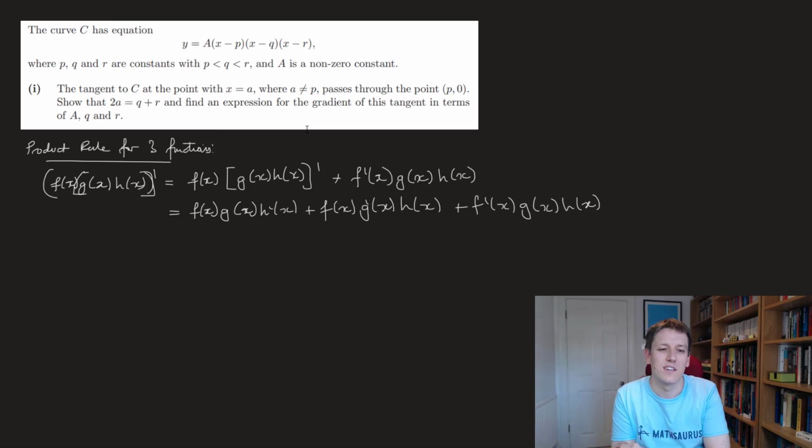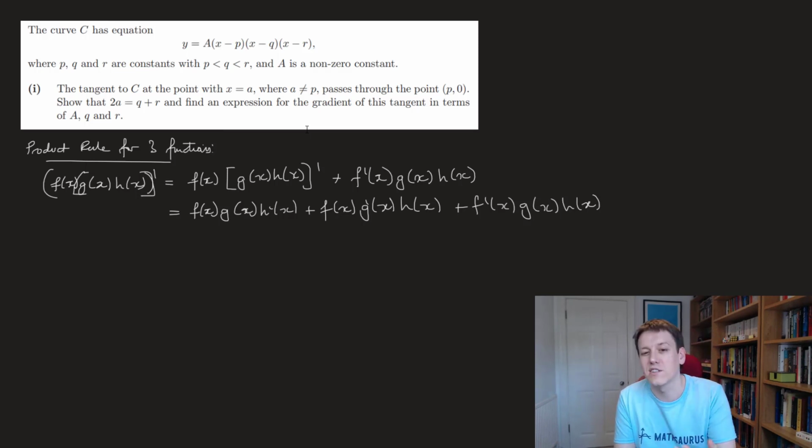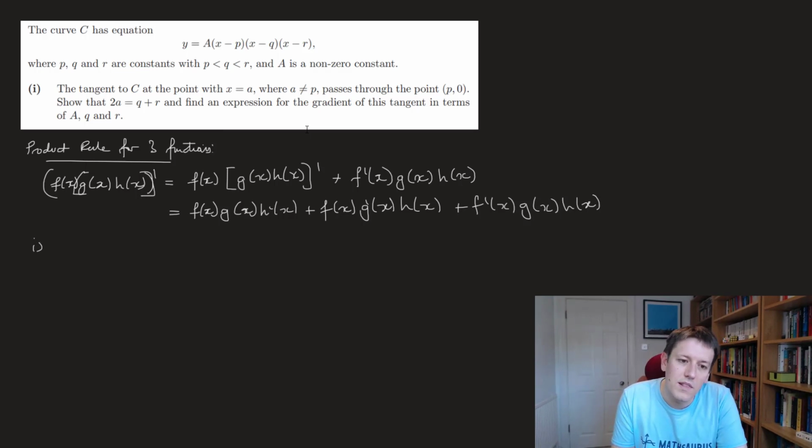And you see that this generalized product rule for 3 functions just says, okay, it's kind of easy to remember once you've seen it once. It's the 3 products here, and in each of them, this one you've got f differentiated, this one g differentiated, and this one h differentiated. Okay, right. So let's take that little bit of theory, and as I say, you could have just applied this idea directly to the function, of course, as well. Okay, so